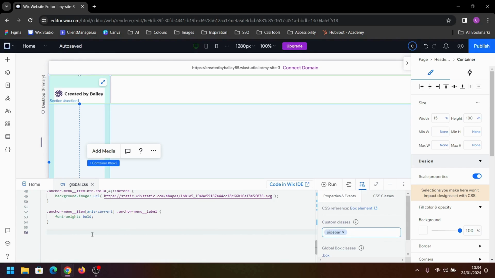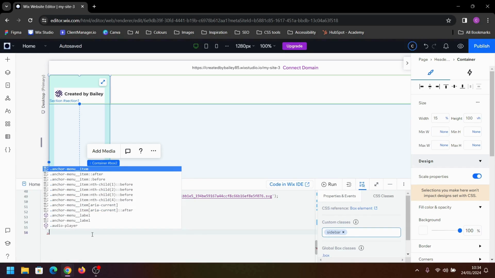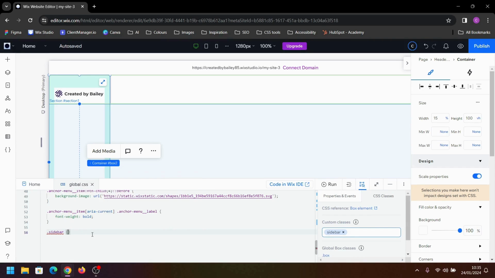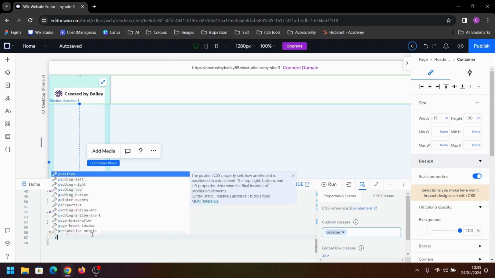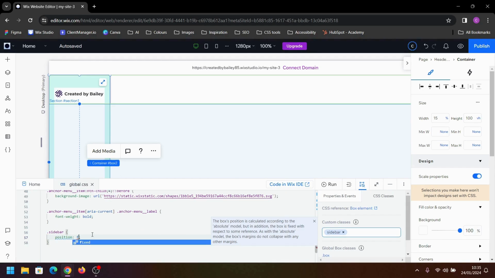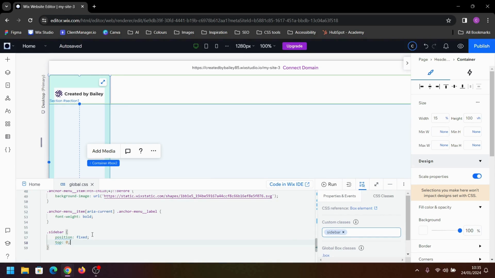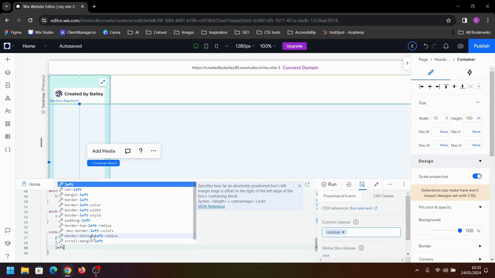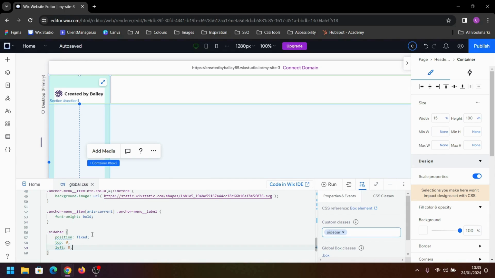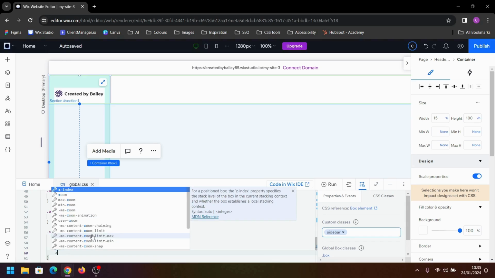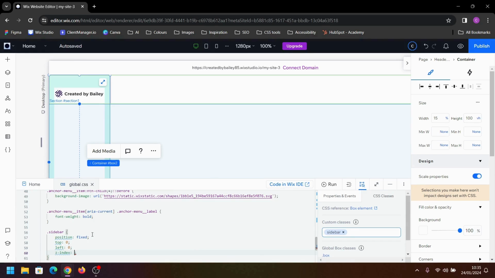Then we're going to target our sidebar, and we want to give this a position of fixed. We want this fixed to the top, and we want it fixed to the left. And to make sure that it stays above all our other content, we're going to set the Z axis to 9999